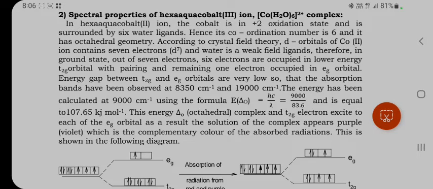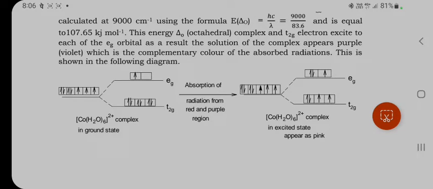The energy has been calculated at 9,000 per centimeter, using the formula hc by lambda, and it is equal to 107.65 kilojoules per mole. With this energy, in the octahedral complex, the t2g electron is excited to the eg orbital. As a result, the solution of this complex will appear blue in color, that is the complementary color of the absorbed radiation. As you can see in this diagram,